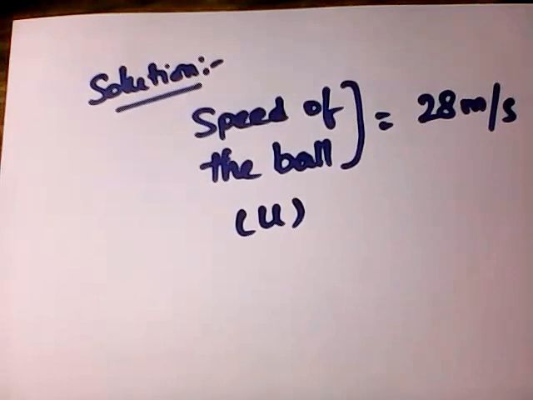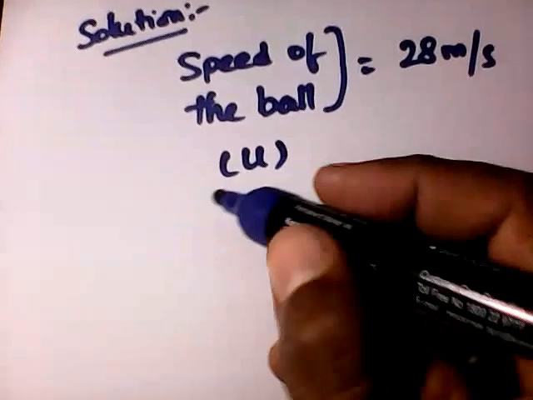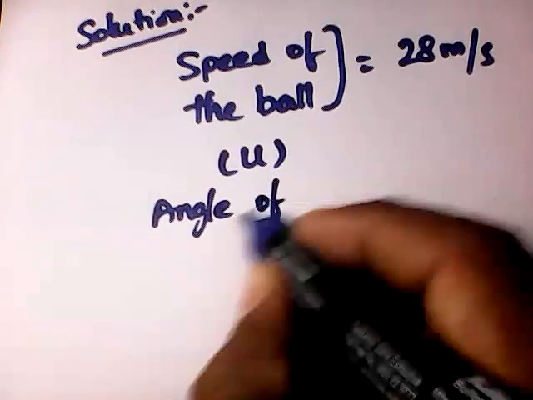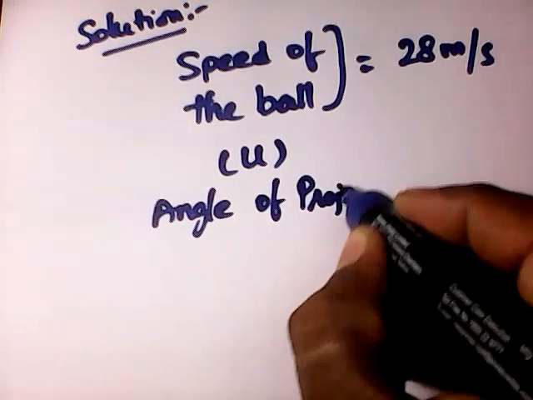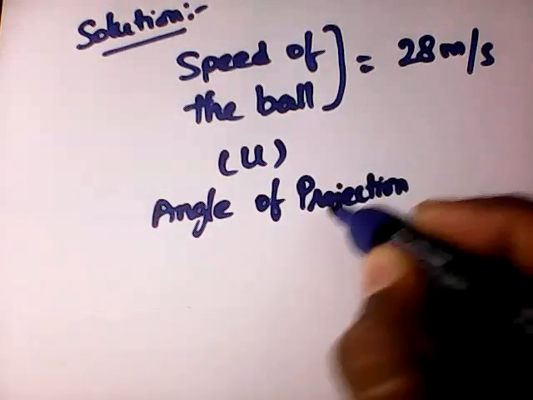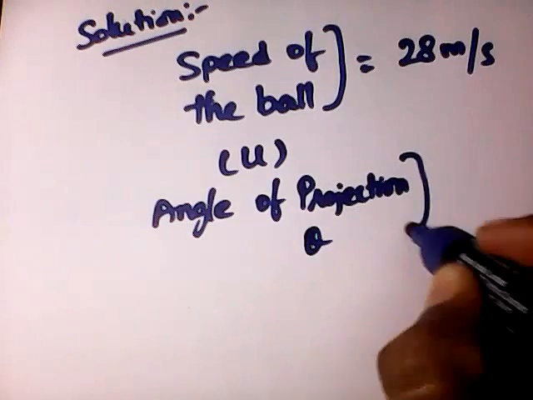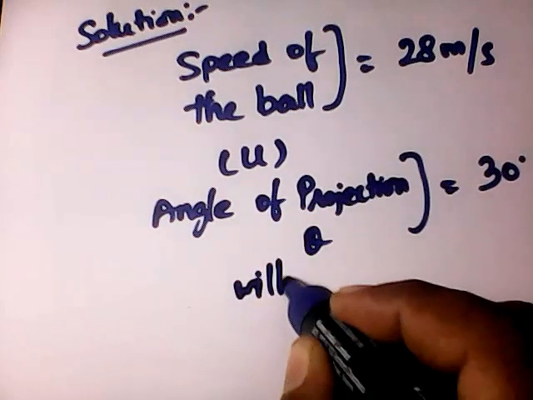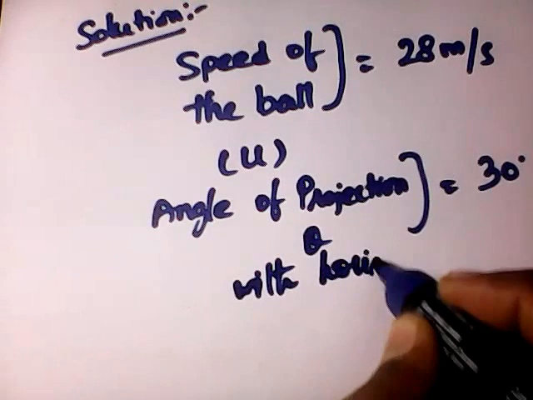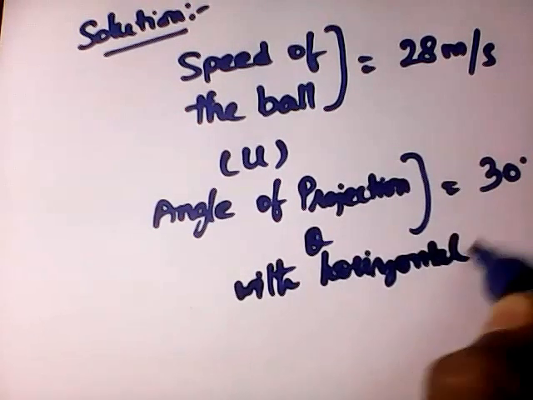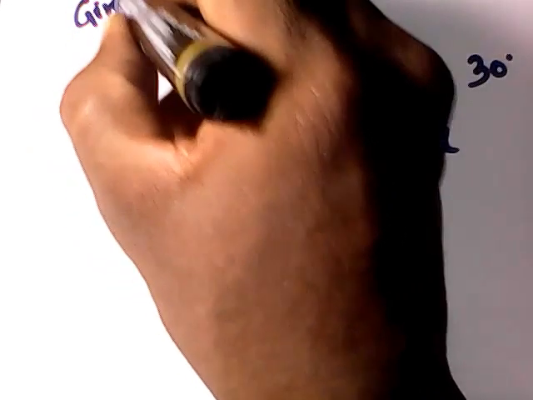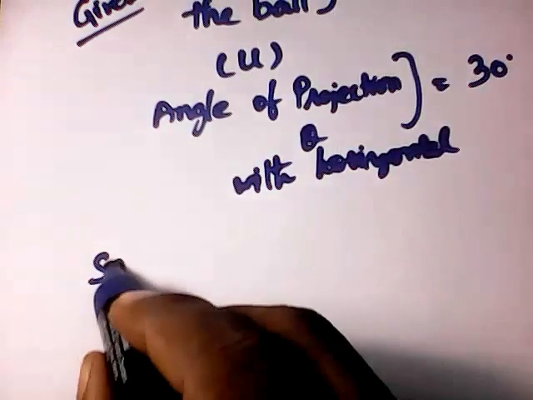The angle of projection theta is 30 degree with horizontal. Next, they are asking the question. These are all things given. When you go to the solution part,